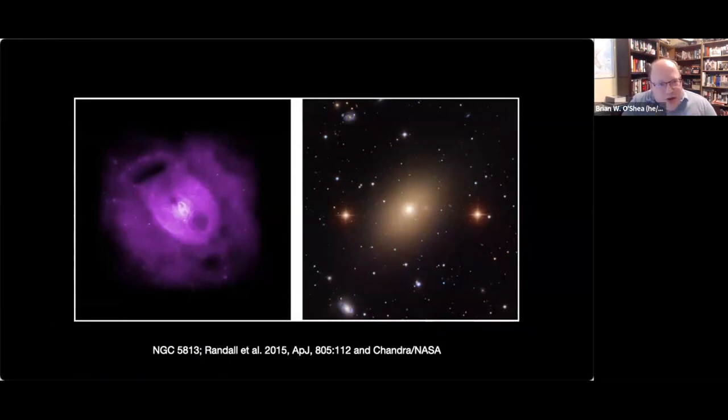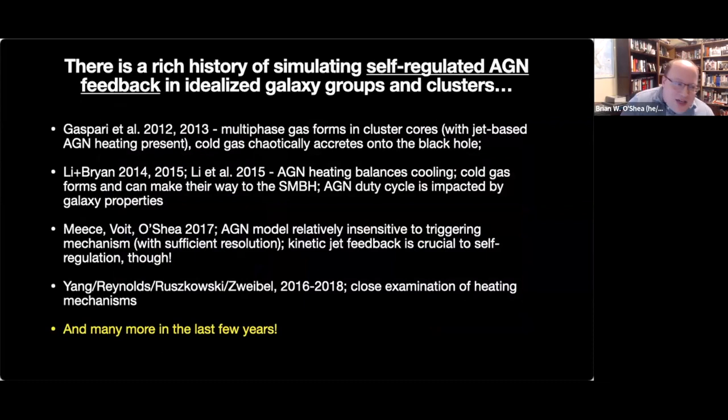And unlike some of the previous work, I'm going to really focus on idealized simulations here, because quite frankly, there's a rich history of simulating AGN feedback in idealized groups and clusters. There are folks related to various names that are on this list. But in general, these idealized simulations are very useful experimental setups for trying to understand causality, right? You can have a very simple setup and you can understand, for an AGN feeding prescription and jet prescription, or feedback prescription, I should say, what exactly is happening.